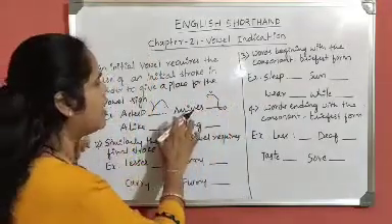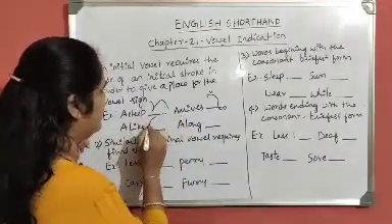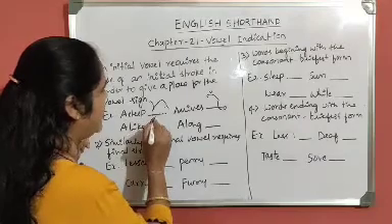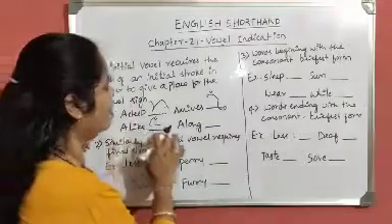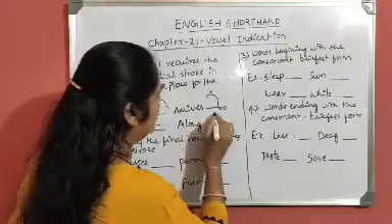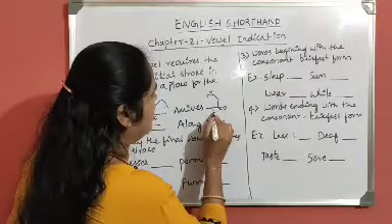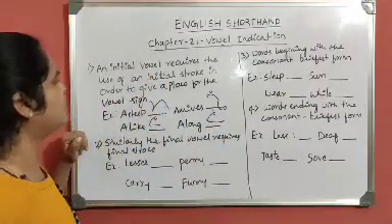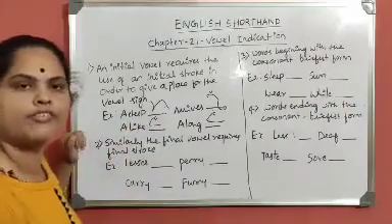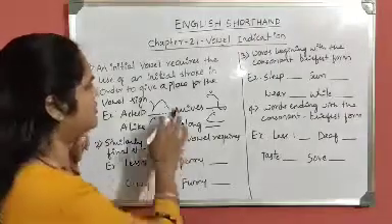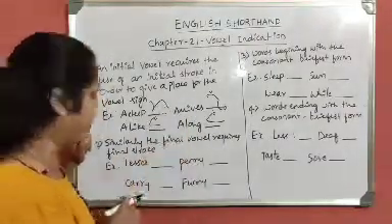Here also R is preceded by an oval. Then alike: L, K, R oval, I diphthong. Here L is preceded by an oval. The next one is along: L, M, ink, R oval, O oval, along. So when a stroke is preceded by an oval, we have to write the full form of the stroke. This is the first point. Is it clear now? We will go to the second point now.